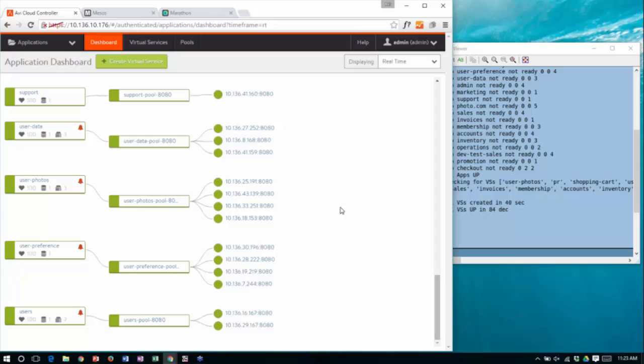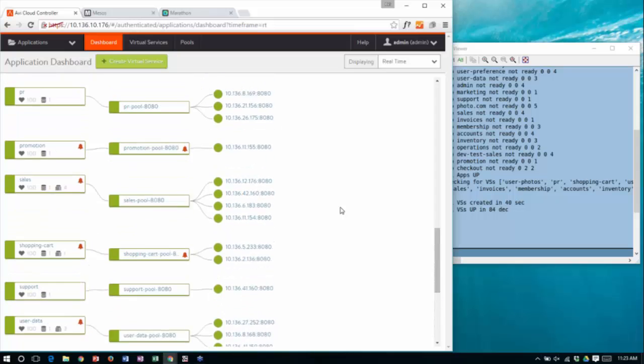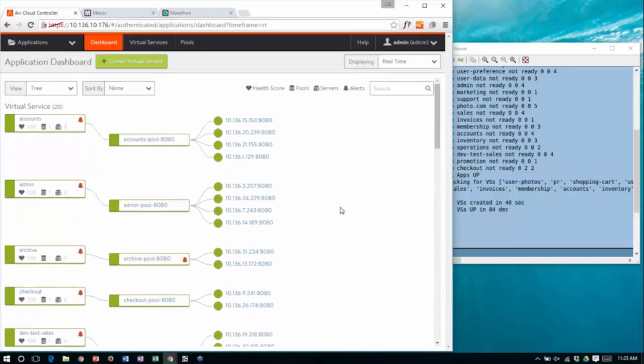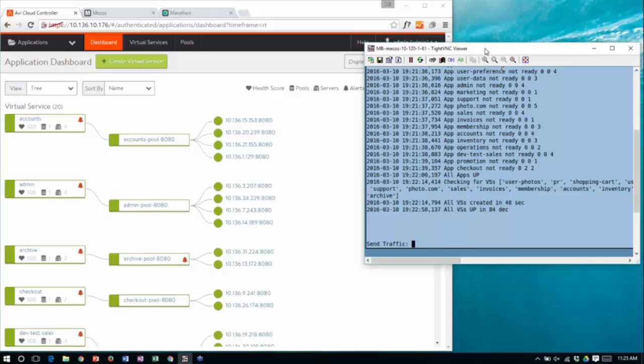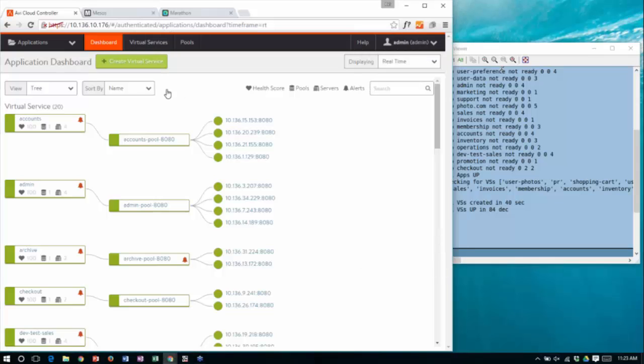So from here on, every application, every microservice that you put in the environment automatically gets created. A service proxy for that application automatically gets created. As more containers are added or removed, all of those adjustments are automatic, and the system is ready to be used. This microservice is good to go right now. So Ranga, are we done creating the microservices? Yes, we are ready to start some traffic.